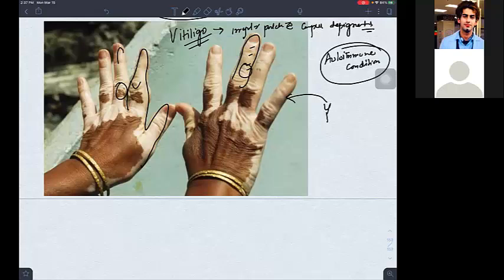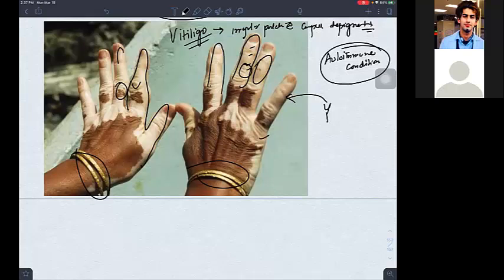So that's why she is having these irregular patches of complete depigmentation. There can also be some other autoimmune disorders which this female should be having,